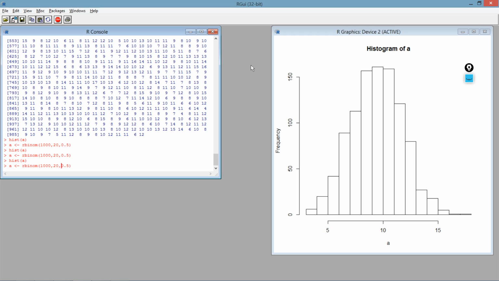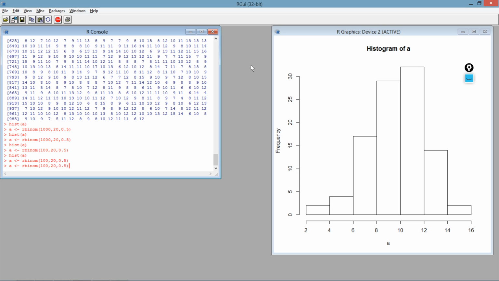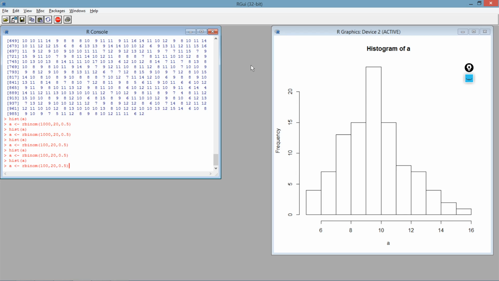And notice if I do fewer sets of flips, notice that it's less smooth. That was still pretty smooth, but oh, it kind of looks like it's flipping me off. But notice how this is a huge peak in the middle, and these are lower. It's not quite as smooth. But what if I add some zeros? Let's do